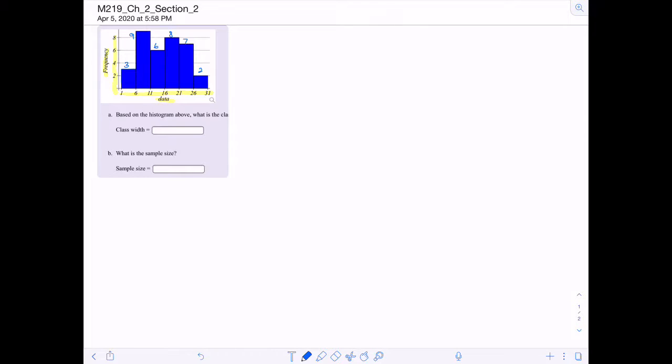Okay, so class width is given two ways. It's either going to be given as midpoints on the x-axis where the bars are around it. So it would look like here's a midpoint, call it 7, and then the bar would be around it, right? The other way could be